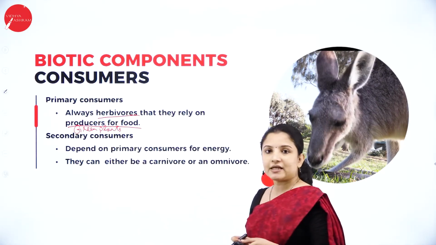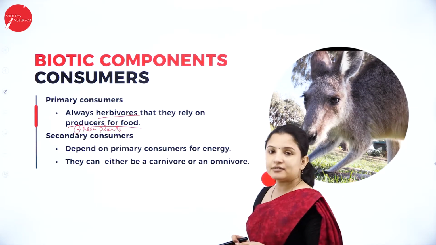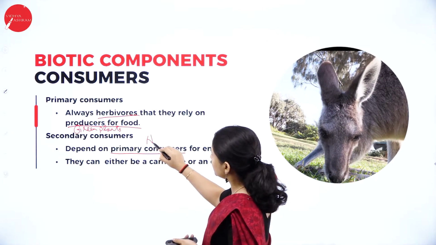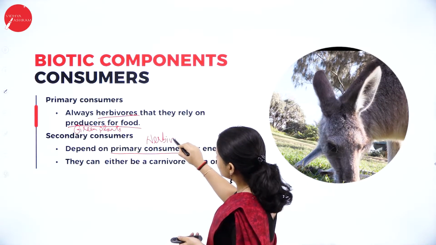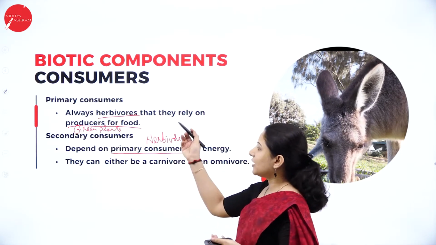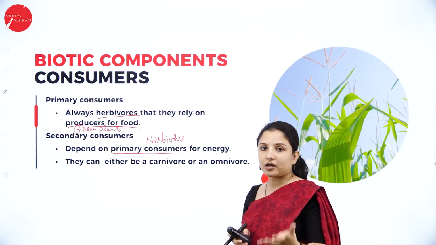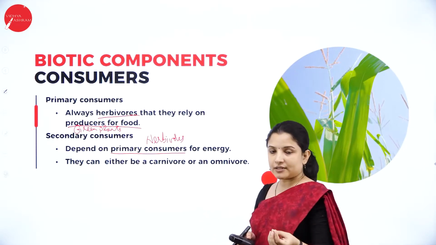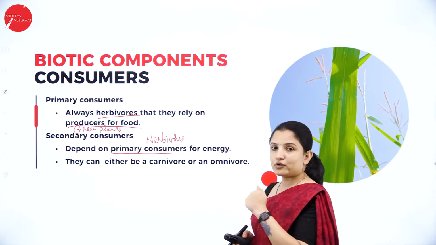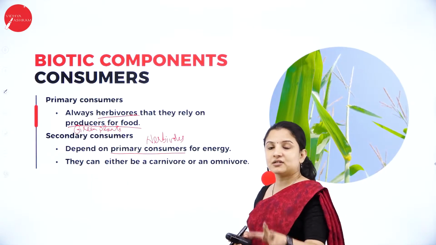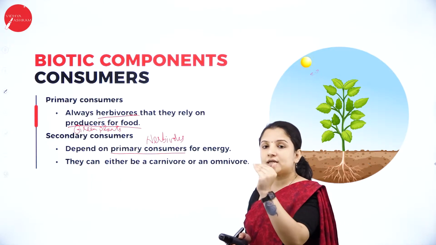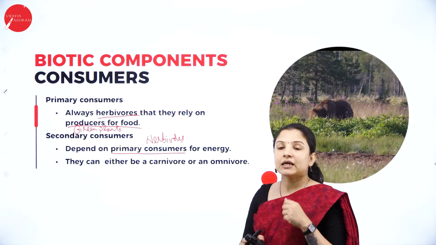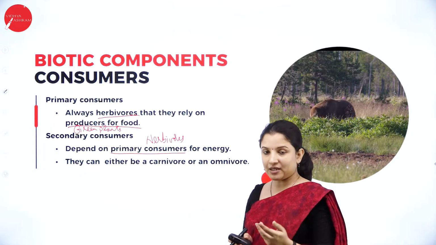Next, talking about secondary consumers. Secondary consumers always depend on the primary consumers. What are the primary consumers here? They are the herbivores. Herbivorous animals are always eaten by the carnivorous animals, right? Carnivorous animals therefore form the secondary consumers. Now, here you have to note one thing. When one organism is feeding on another, energy is passed into each of these organisms. All that we shall study in the functions of the ecosystem in the coming session.